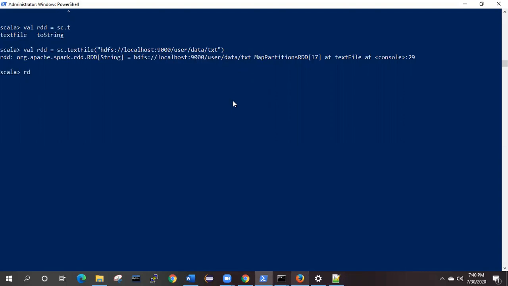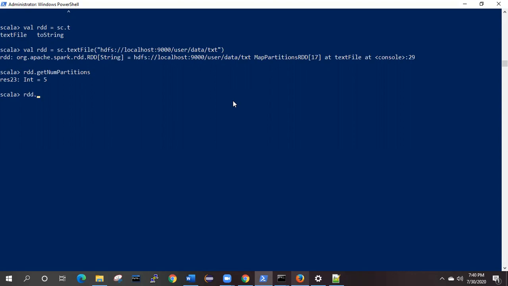Now if you wish, you can check the number of partitions it has. You can hit directly like this. It has created a total of 5 partitions.